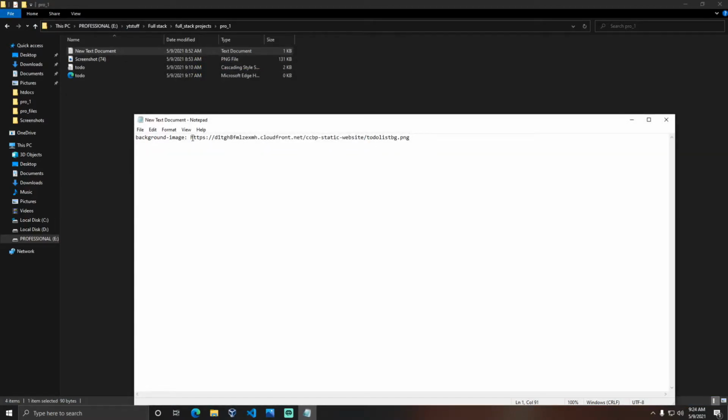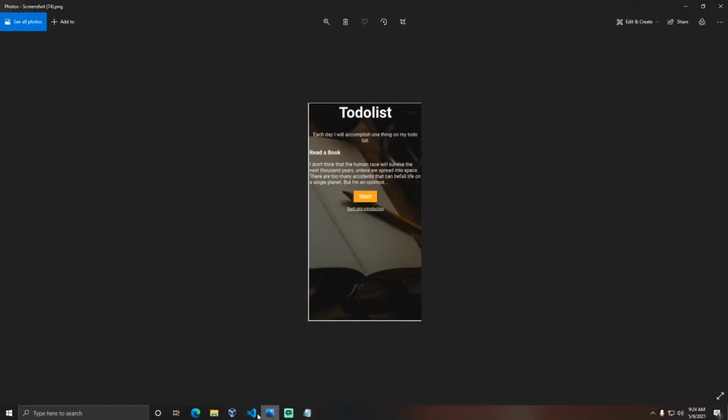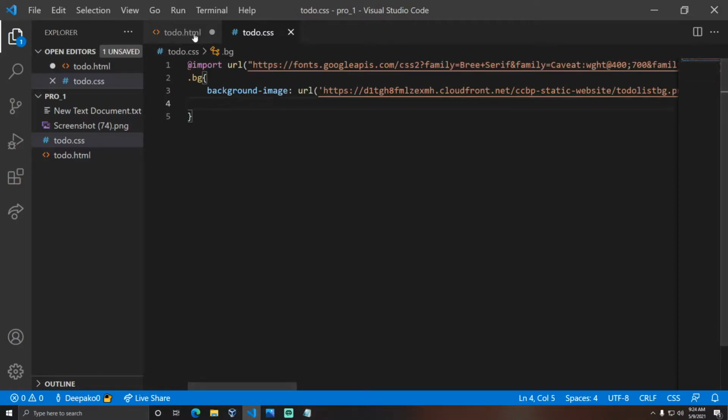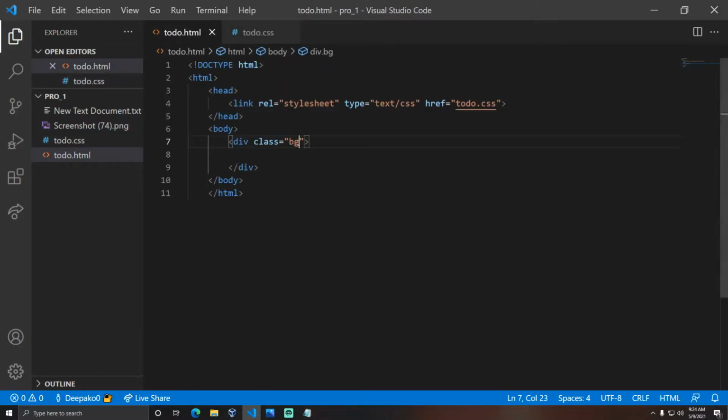This is the background image URL. Copy this and paste it here. Okay, background image, save this and let me run the file.